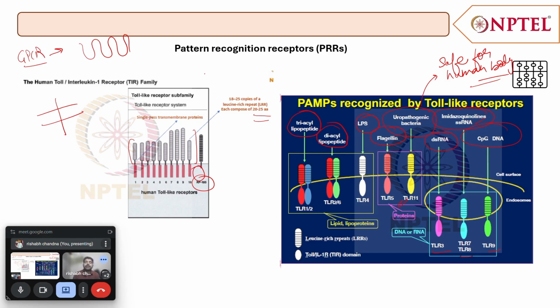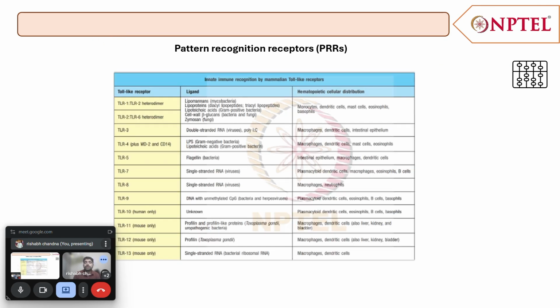So to repeat, lipids are recognized by TLR1, 2, 6, and TLR4. Then the proteins are recognized by TLR5 and 11, and DNA or RNA are recognized by TLR3, 7, 8, and 9. So these are the different TLRs that recognize different components. So moving on,